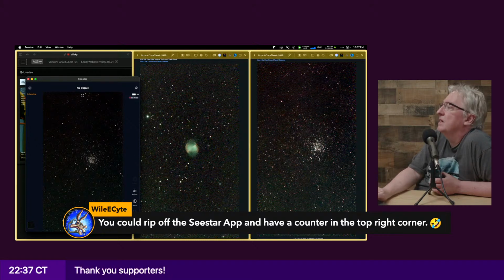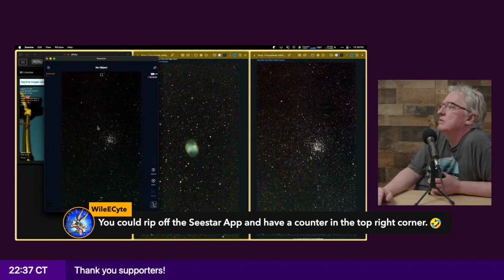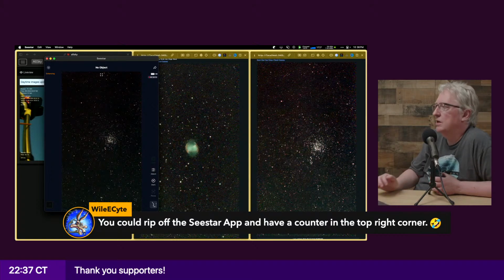So yeah, this one's up to half an hour. And this really shows how much brighter the stars are, or how much more data is actually there that the stretch is bringing out.